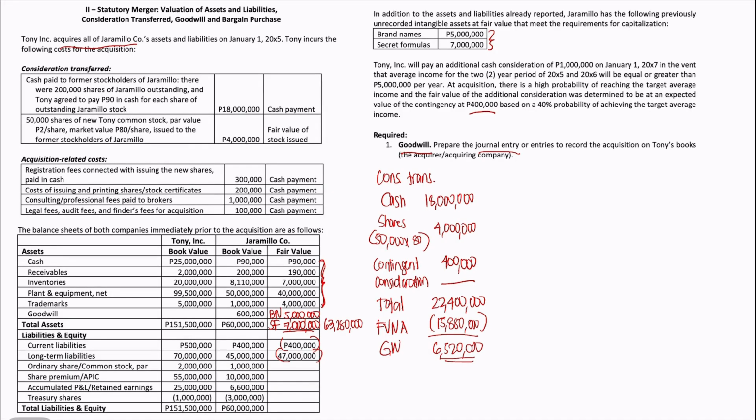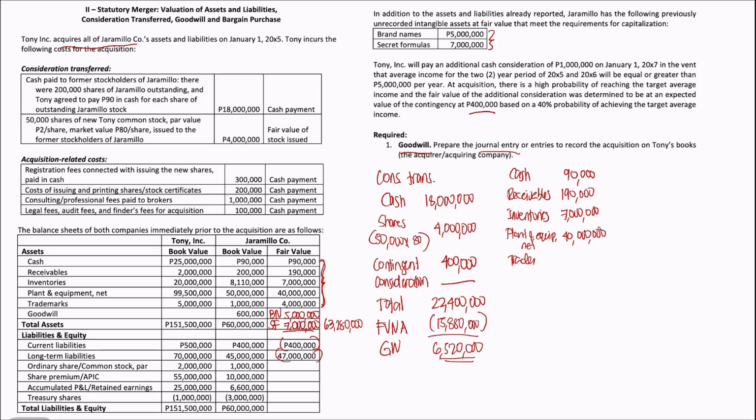The assets acquired are the following: cash, 90,000, receivables, 190,000, inventories, 7 million, plant and equipment, net, 40 million,